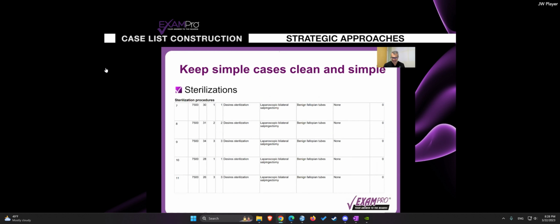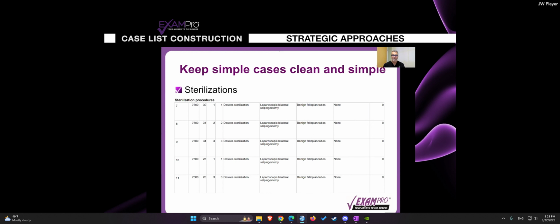And then I think this is the last keep it simple example that I have for you, a very, very common one. Just about every candidate, unless you're practicing in a hospital that doesn't allow sterilizations to be performed, has multiple sterilizations on their list. And for most of these cases, they're not controversial, and there's really not a lot of material that needs